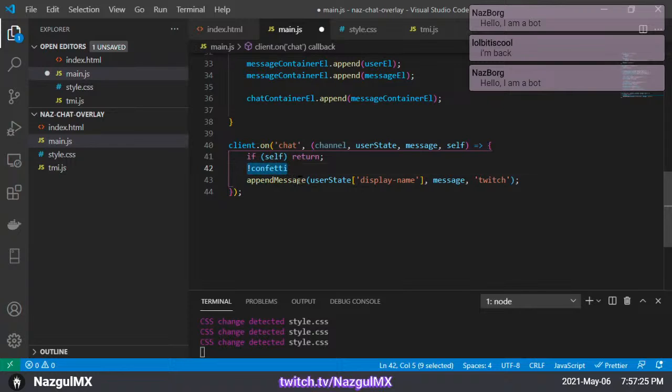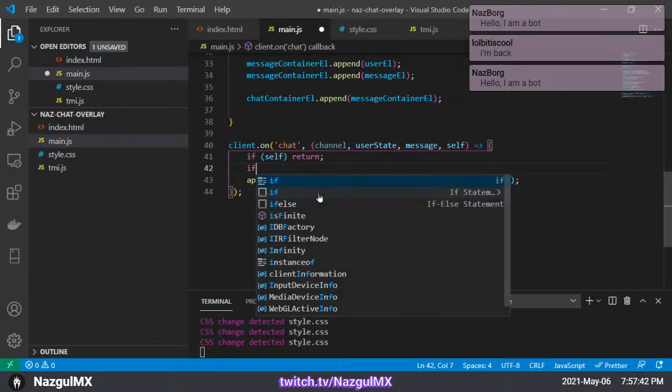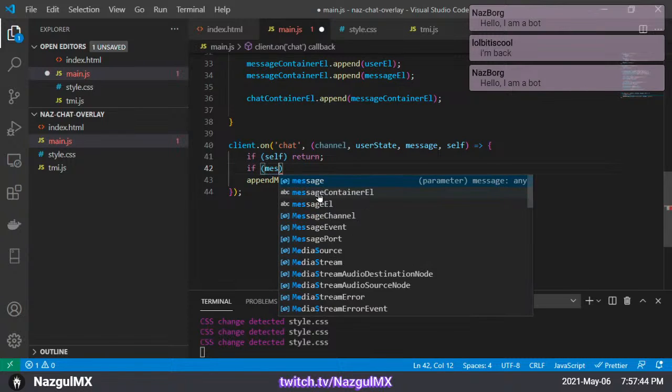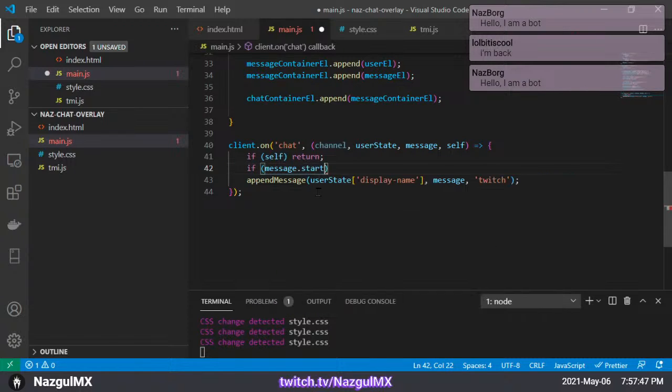If you type confetti on chat, right now it won't do anything, but let's do an effect, an animation on screen for that. So let's do something like if message dot starts with